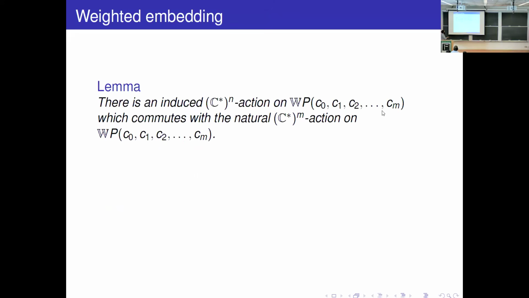So here we have a natural S^1 M action, right? And now the S^1 action, how is it coming? It's coming via some embedding. So what was there? An N by D matrix. So these are D columns, so we can take the wedge. So we can get a map from the set of all N by D matrices of rank N to C^(M+1) minus 0. So we take that matrix and then we can quotient it. So via that map, we will get an S^1 N action here.